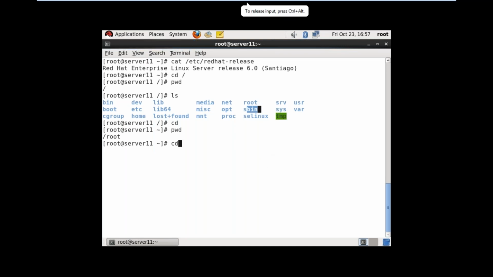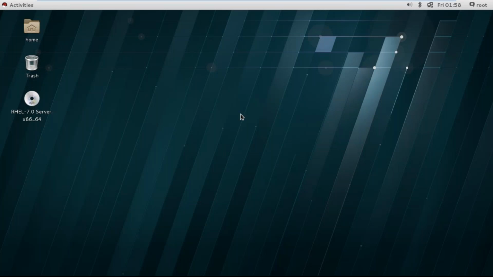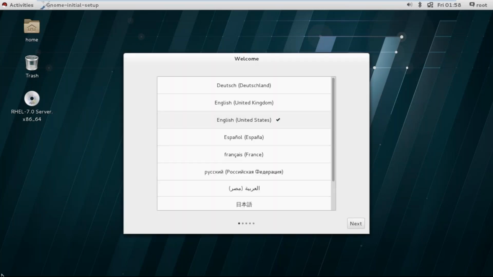So this is the command, this is the file we checked for the version. Now we are going to check in 7 also. Click next, welcome.